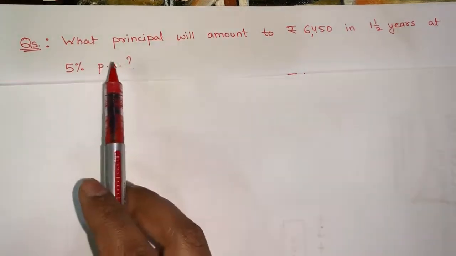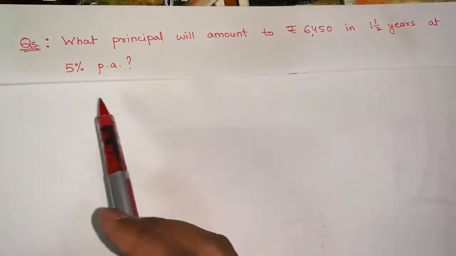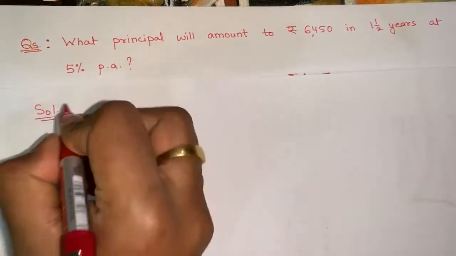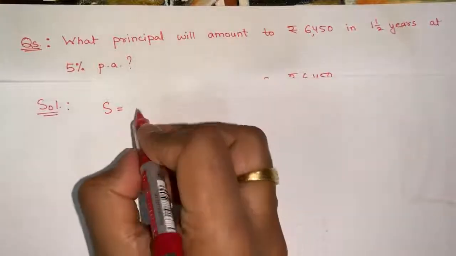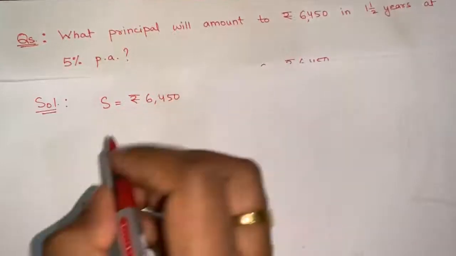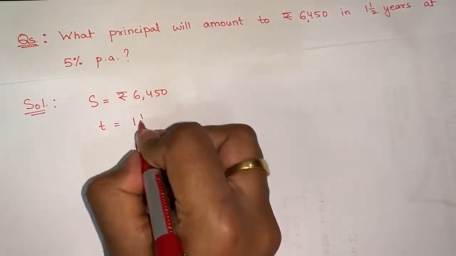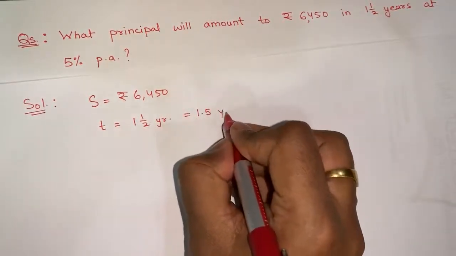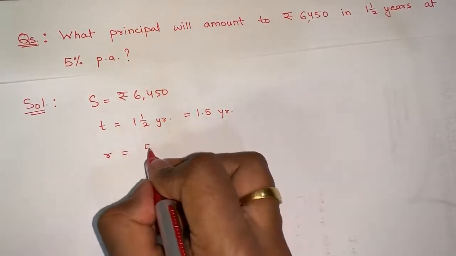So the question given here is, what principal will amount to rupees 6,450 in 1.5 year at the rate of 5% per annum? So let's solve it. So the things given to us are, we know the amount is rupees 6,450. Next, we know the time frame is 1.5 years. We also know the rate of interest. So the rate of interest given to us is 5% per annum,